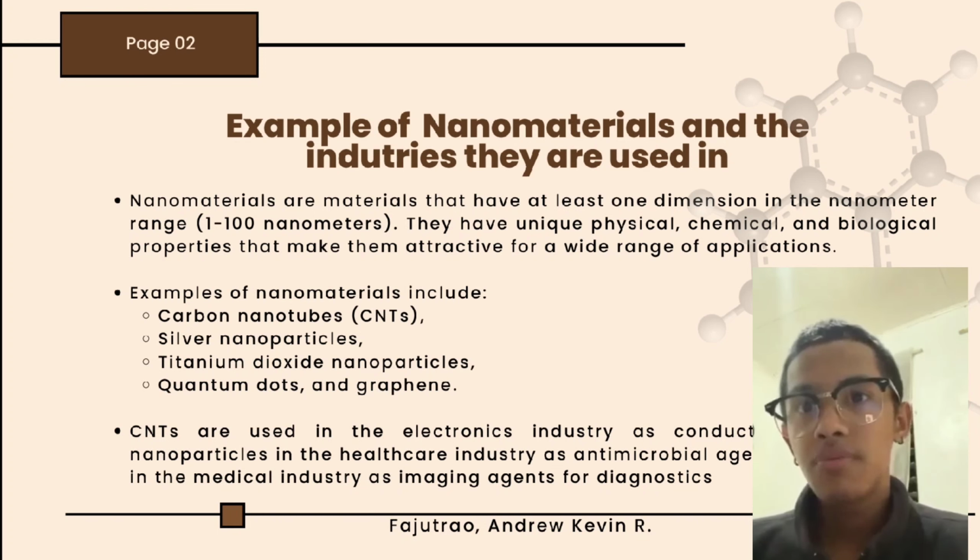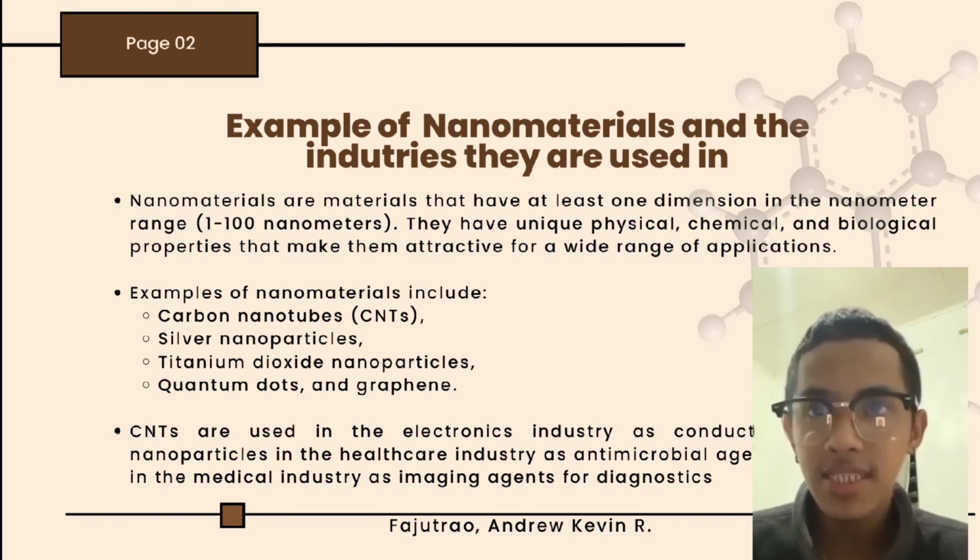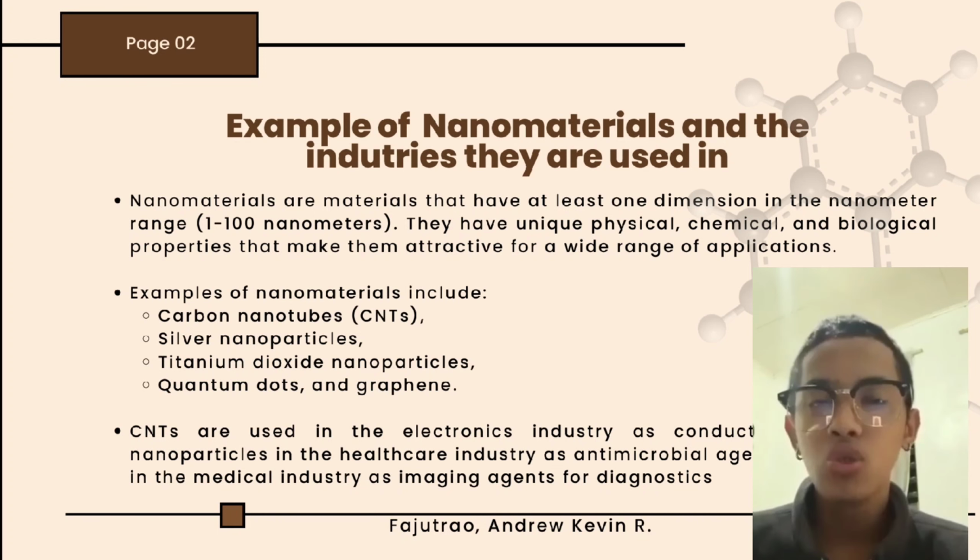So here are some examples of graphene. Electronics. Graphene is being explored for its potential use in ultrafast transistors, flexible displays, and high-performance sensors. And the next one is energy storage. Graphene is being used to develop high-capacity batteries and supercapacitors due to its high surface area and electrical